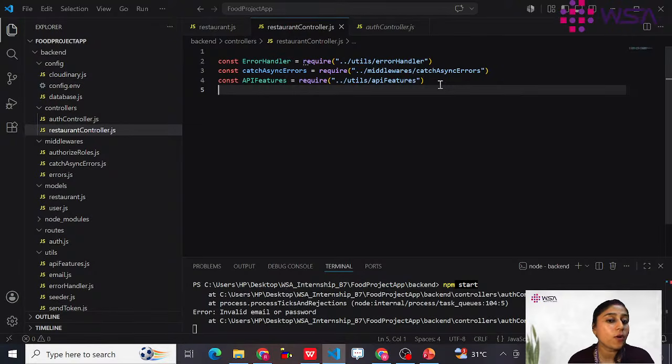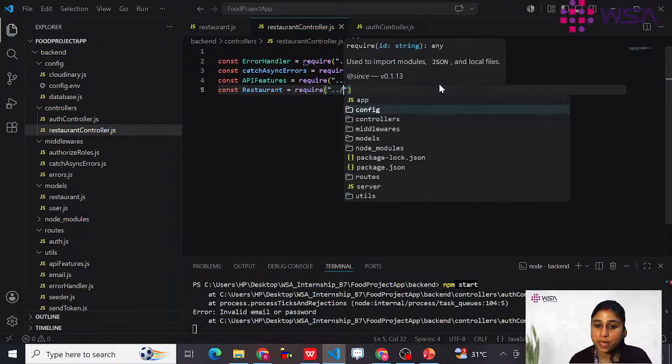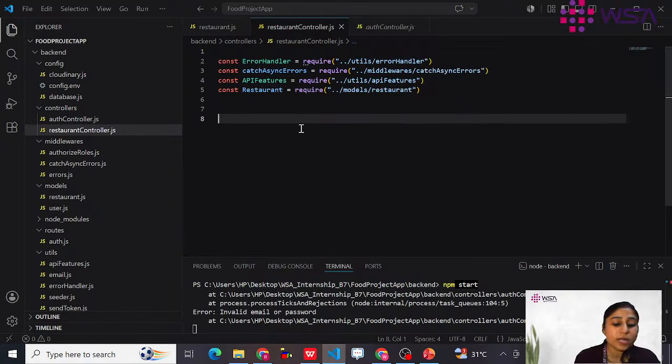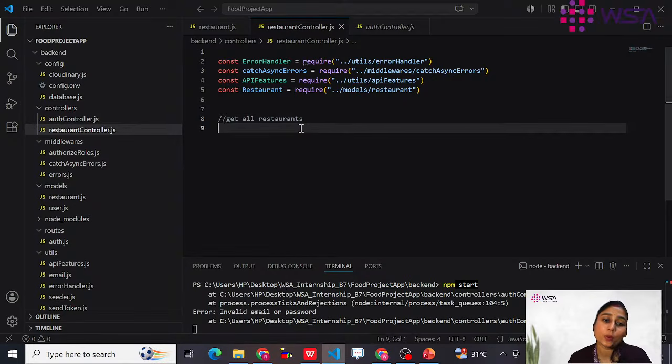With which schema are we going to work here? With the restaurant schema. So restaurant equal to require, inside this bracket in double quotation, ./models/restaurant. Now let's start. The first one is getAllRestaurants, that means the user should get all restaurants. So that code we are going to write. I will type exports.getAllRestaurants equal to